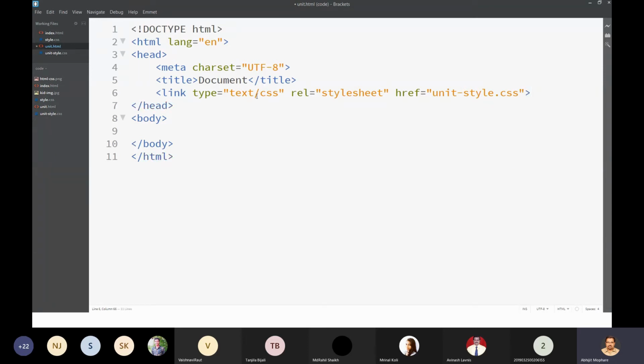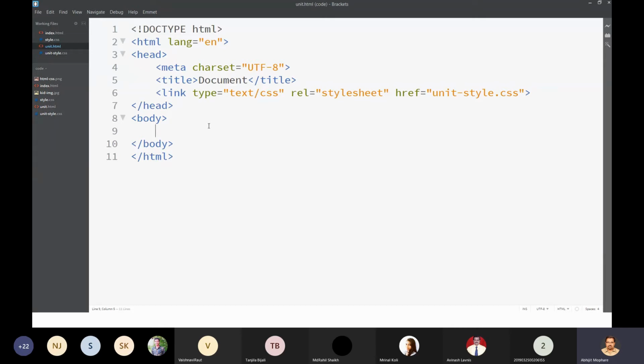Now my CSS file is associated with this HTML document. This is essential because there could be several CSS files and several HTML files for your website or web application. So which HTML file is using which cascading style sheet document, you have to specify with the help of link. And it is quite possible that you may use more than one. In Sass, which we will learn in the advanced sessions of this course, Sass uses multiple CSS files. Let us not go into those issues right now. Now my CSS document is linked.